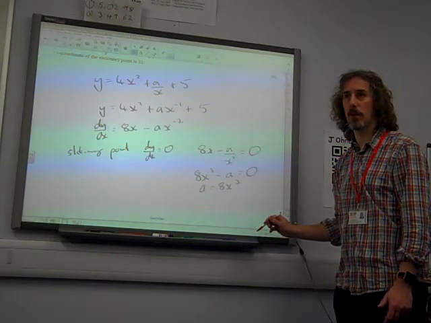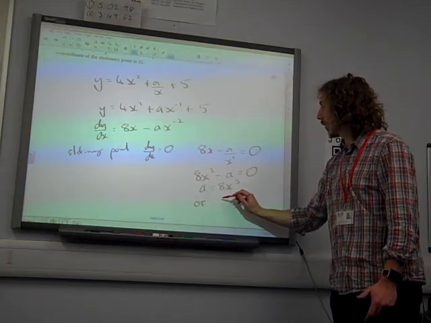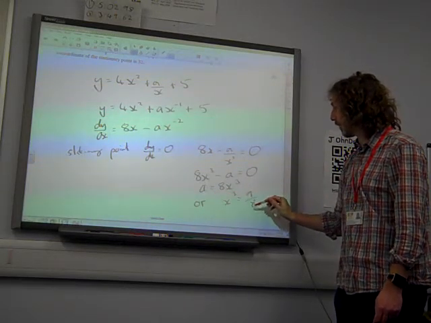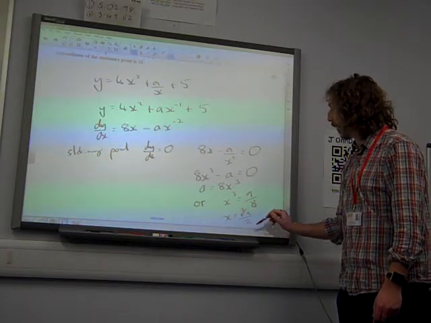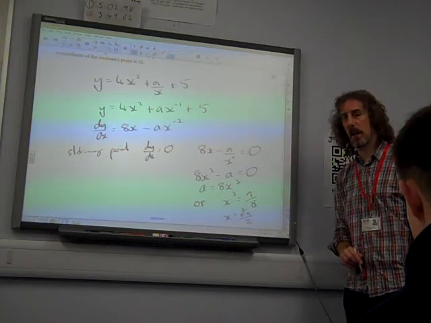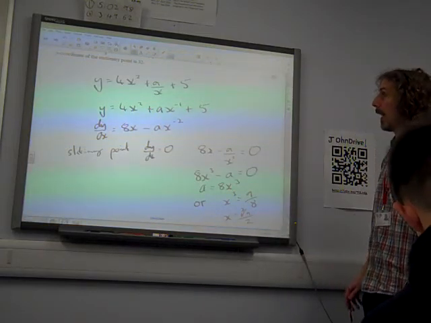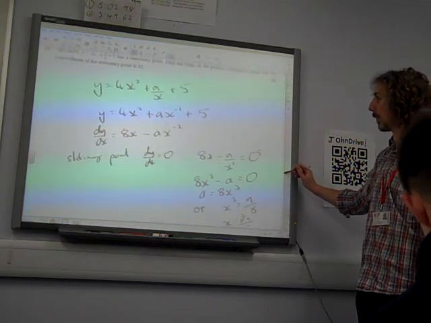Or, x cubed is a over 8. So x is the cube root of a over 2. That'd be another statement we could get from that if we cube root everything in there. Right, at this stationary point, so when x equals that value,